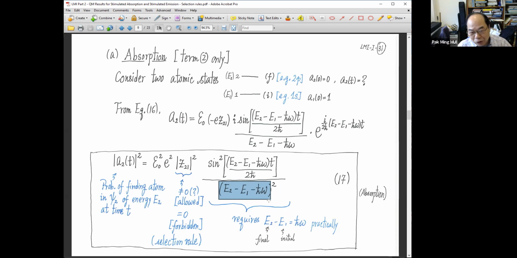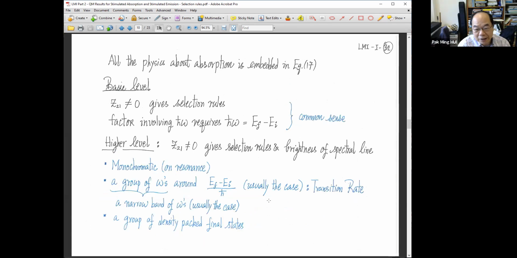That's what Bohr told you in 1913, the Bohr model, right? From some level down to a lower level, the light will be given out or absorbed. So this is the baby level understanding. That's what I said, common sense. But now it becomes quantum mechanical common sense. A higher level study